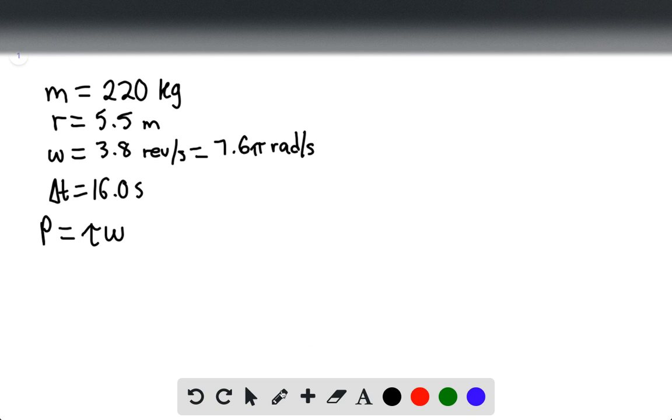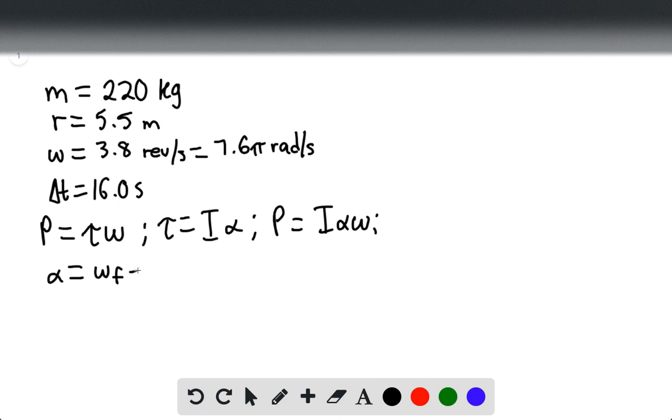And tau, though, is going to be equal to I alpha. So in this case, we can say that P equals I alpha omega initial. But in this case, alpha is the angular acceleration needed to essentially stop the rotor in 16 seconds. So alpha will actually equal omega final minus omega initial over delta t, and here omega